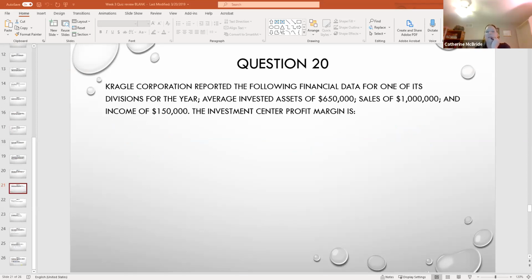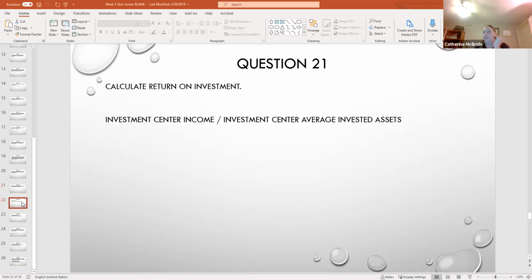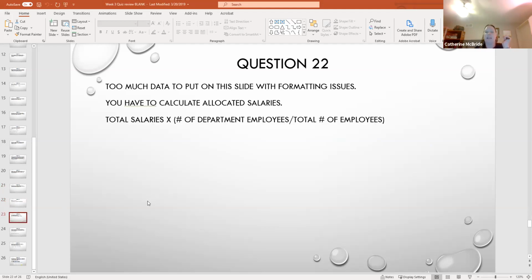Next one is another return on investment. So I just gave you the formula again. I think the data was long. You also have to be able to calculate allocated salaries. So you're going to be doing allocations for a very long time in a lot of different ways. There's too much data for me to put it on here, but what you're doing is you're going to